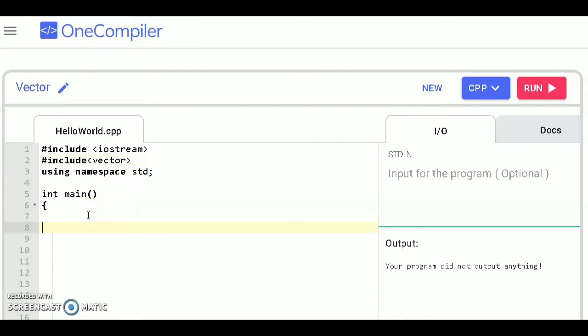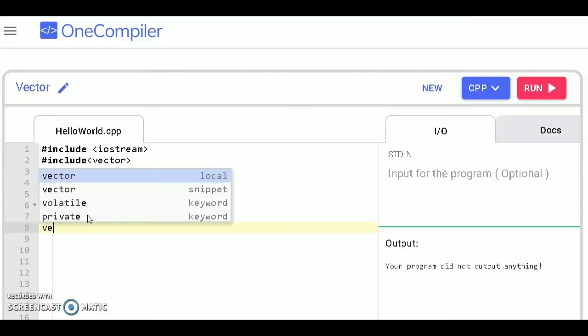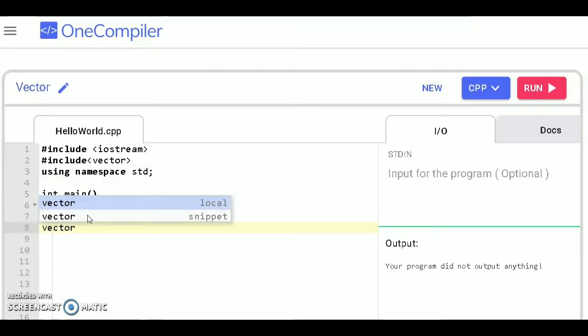We can declare the vector in various ways. So let us see the different ways of declaring a vector. The first one is vector of the data type you want, let's say integer, character, string. In this case we will take integer, and the object of the vector is a.